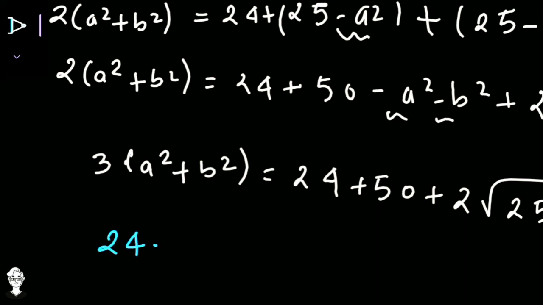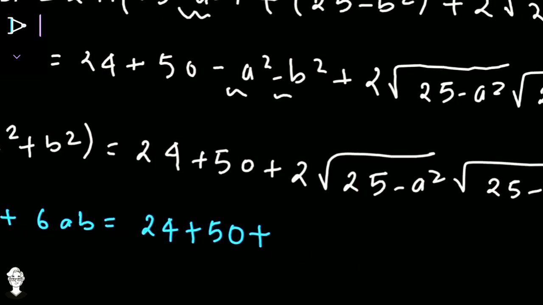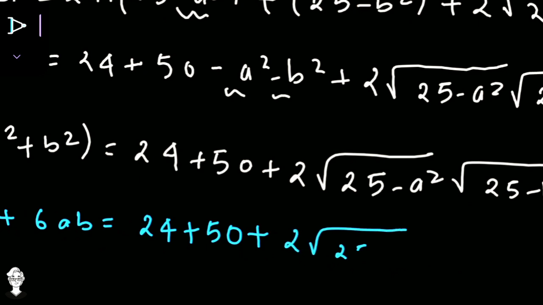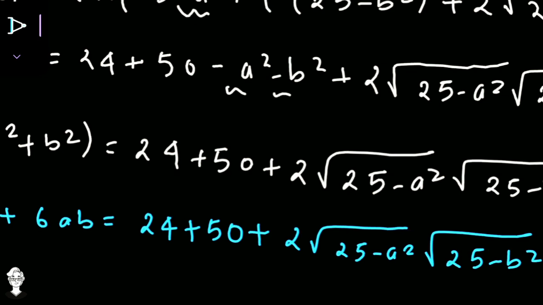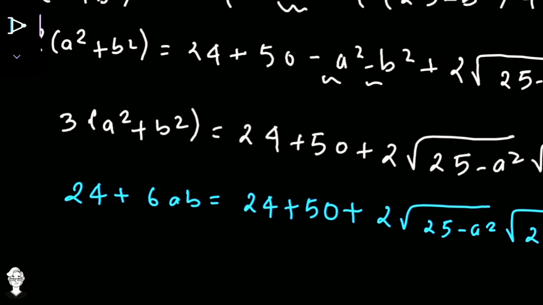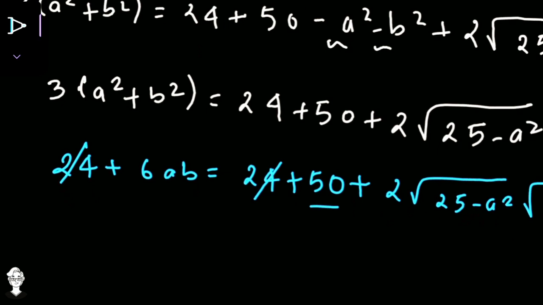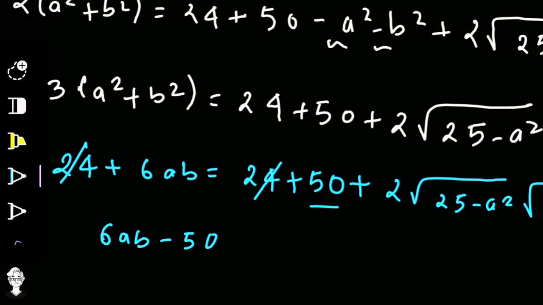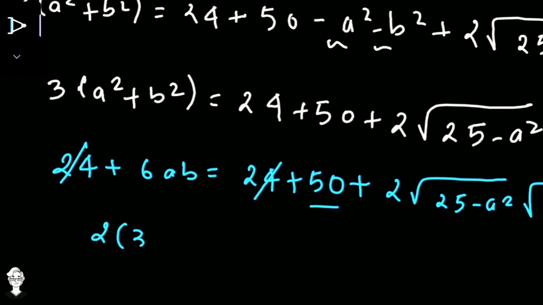So 24 plus 3 into 2, that is 6 times ab, and that is equal to 24 plus 50 plus 2 times square root of (25 minus a square)(25 minus b square). These both are in multiplication, yes. That's why I was not adding 24 and 50, because they both were going to cancel, yes. Now shifting 50 over here, so 6 times ab minus 50, and from this both I can take 2 common. So 2 taken common, so 3 times ab minus 25, and that is equal